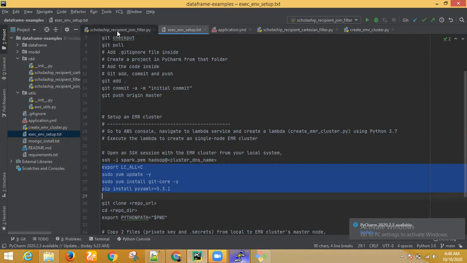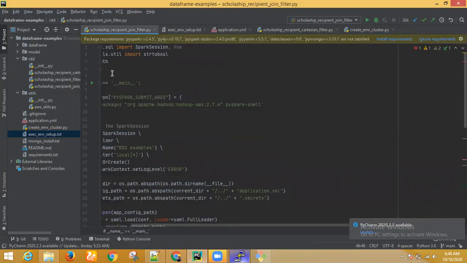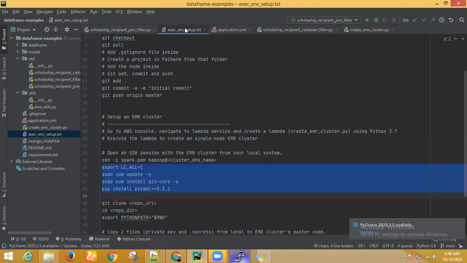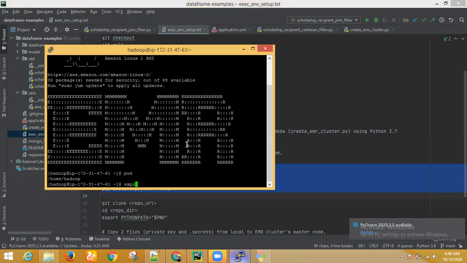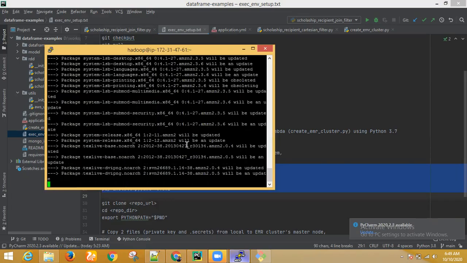In the code you are seeing we are using YAML, right? So it's showing a red underline, so we are installing it. We are not installing it on our local computer; rather, we are installing it there, because only there will we be executing all this. So now you can go there and right click. It will automatically paste and start executing.